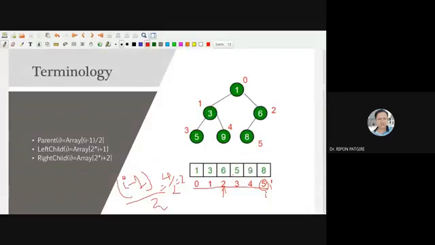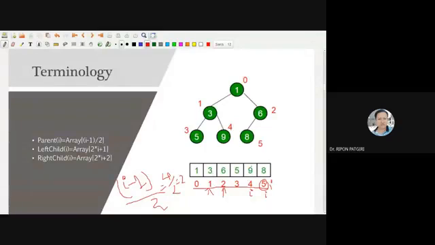Parent of 9, that means index 4: 4 minus 1 is 3, divided by 2 is 1.5, so it is 1.